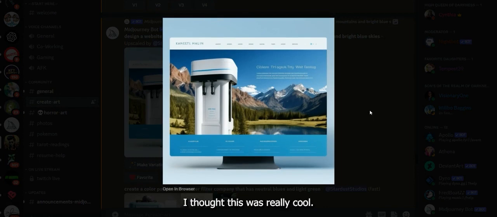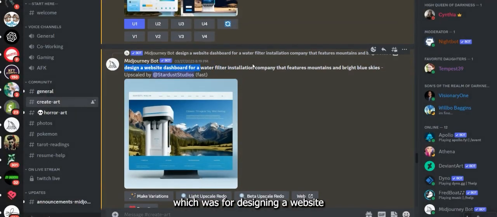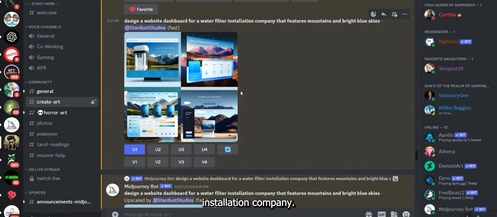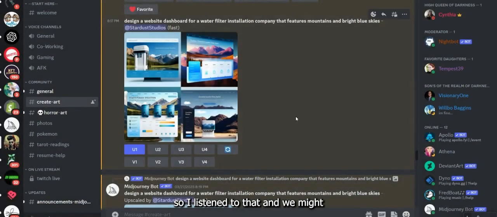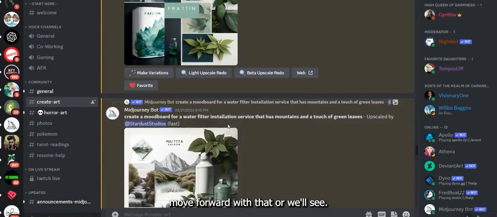I also have it crafting mock-ups of websites. I thought this was really cool. It's got a beautiful hero image. It understood my prompt, which was design a website dashboard for a water filter installation company. Perfect. They did want it more minimalistic, so I listened to that, and we might move forward with that,